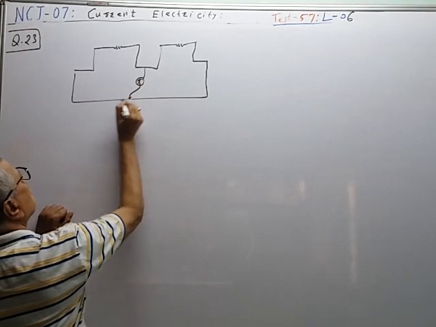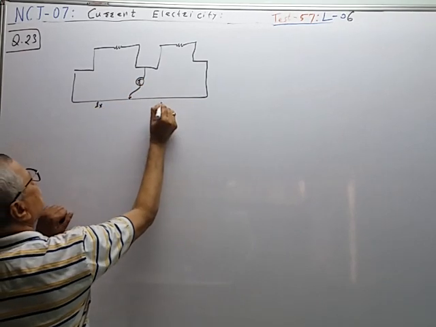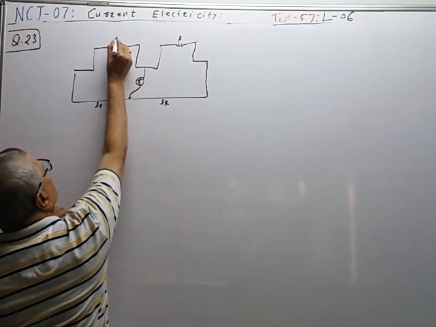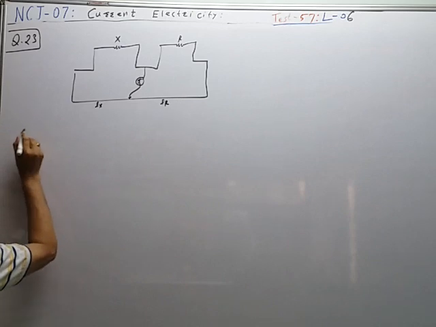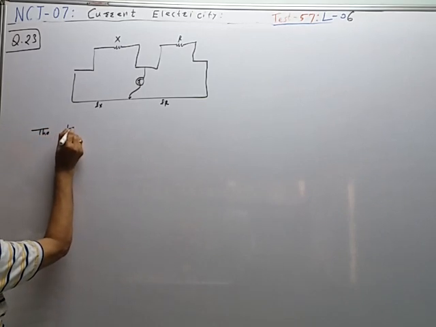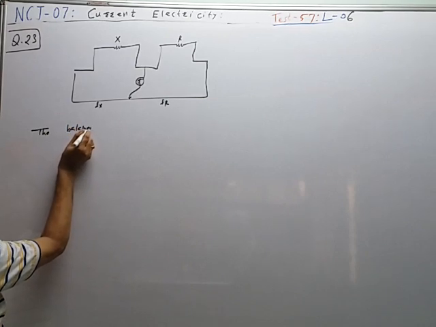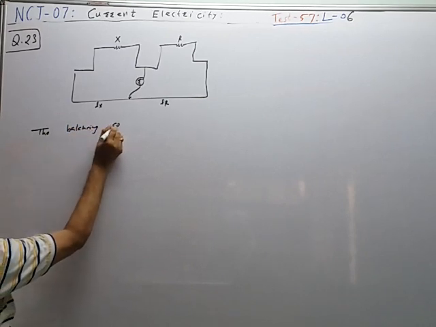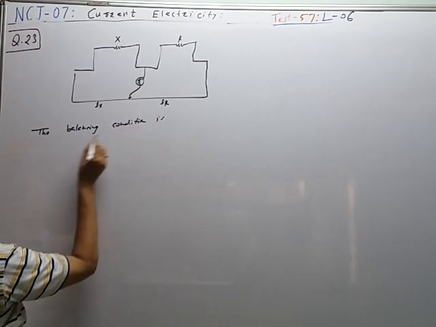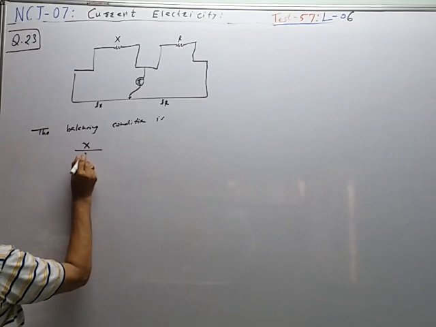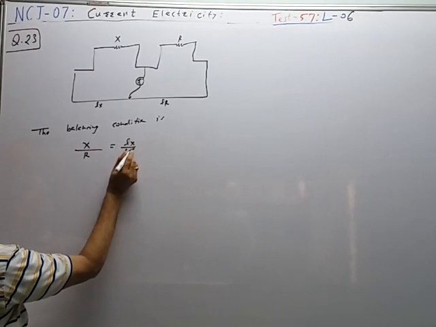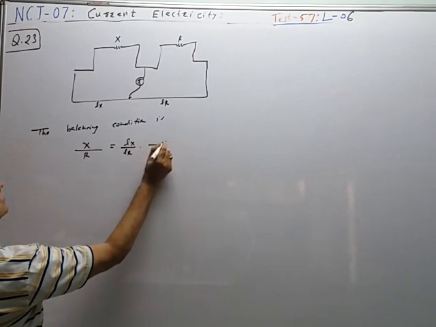So this is LX, this is LR. This is R, known resistance, this is X, unknown resistance. The balancing condition is X upon R is equal to Lx upon Lr. This is equation 1,